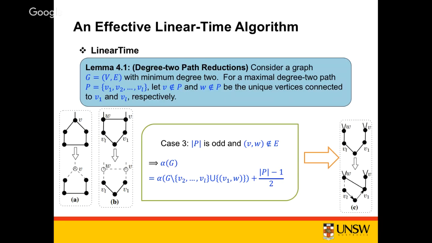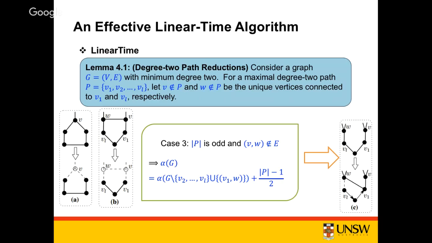So the third case is similar to the second case, but V and W are not connected to each other. So here we need to add an edge between V1 and W. Actually here V1 and W and V and VL are symmetric to each other. Actually we can also add an edge between V and VL. So after we add an edge between V1 and W, then we can remove the remaining P-1 vertices from the